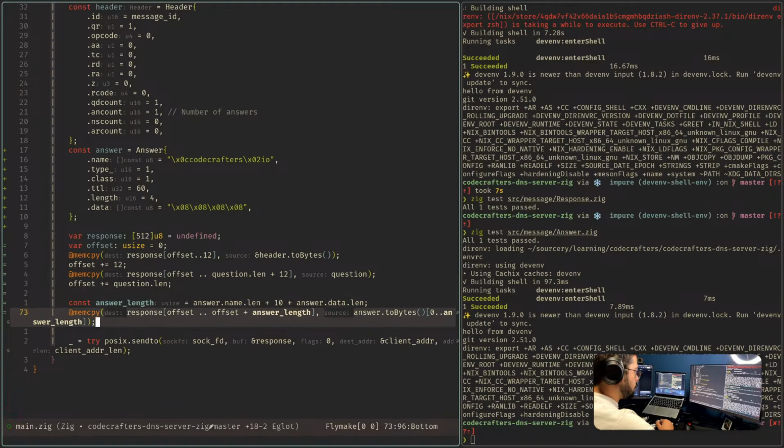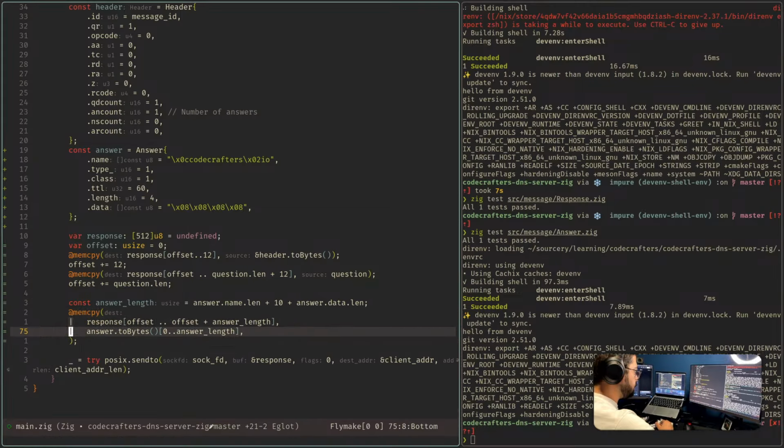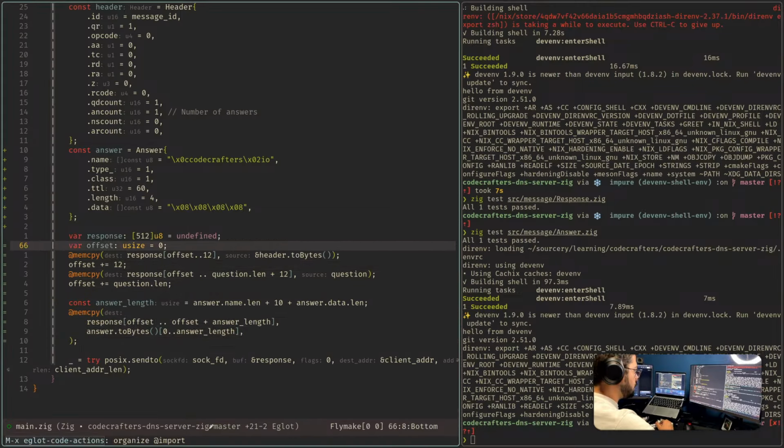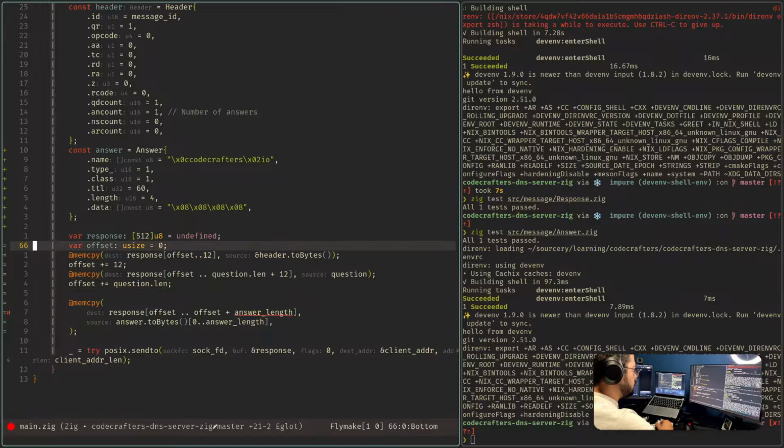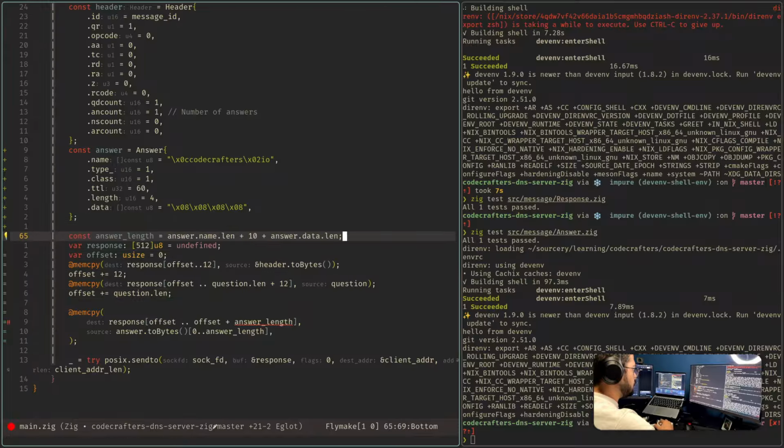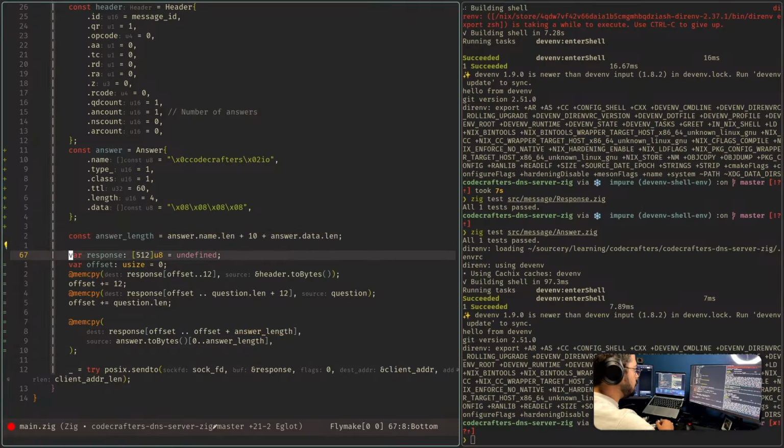It's verbose for now, but it's fine. And then while I'm making this, I think answer length can also be moved here. For the size, I can now use answer length plus